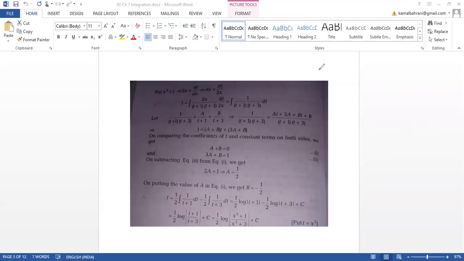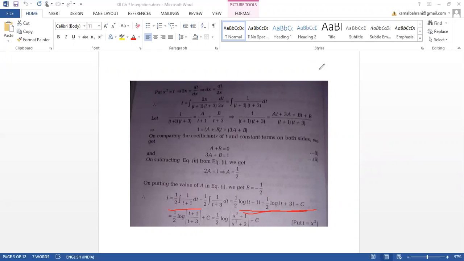So you all know the integration of this will be what? Log of t plus 1 minus log of t plus 3. Now you just see, half can be taken outside common. Log of t plus 1 minus log of t plus 3. Again log of a minus b form. Half you take outside. So log of a minus b is what? Log of a upon b. So t plus 1 upon t plus 3 plus c. I think so this must be clear to you.